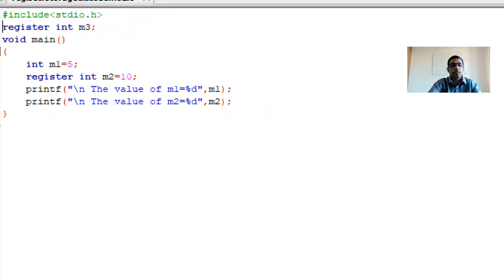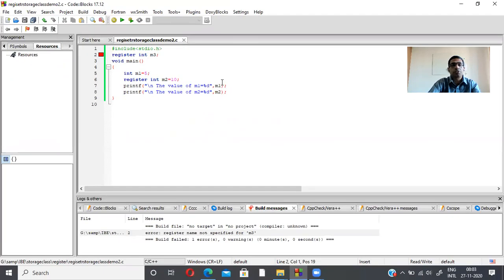The advantage is faster access time, and one limitation is that we cannot use the dereferencing operator. That means the pointer concept cannot be used. From the example, we understand that the register variable cannot be declared as a global variable. The scope is local only. If you mention it globally, the compiler will show an error when you compile.